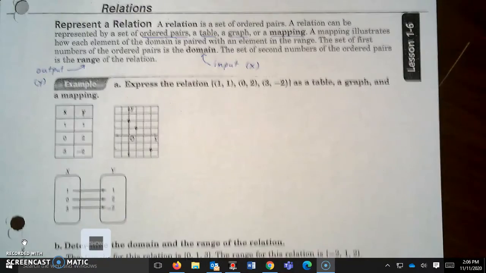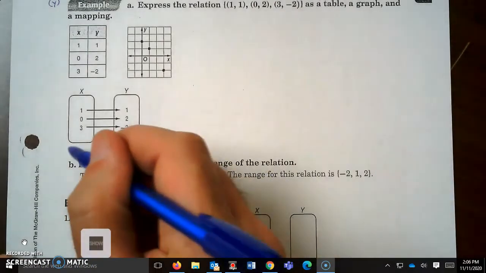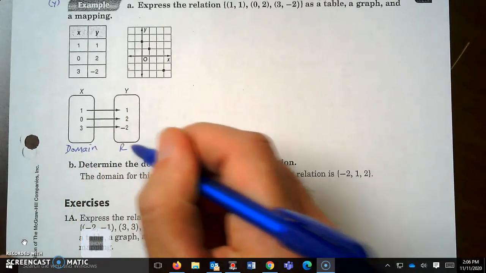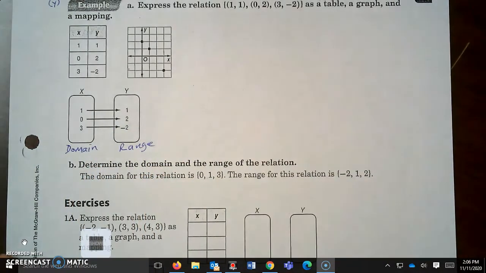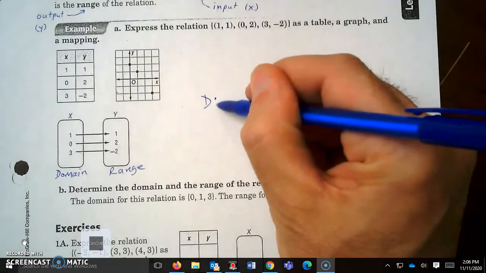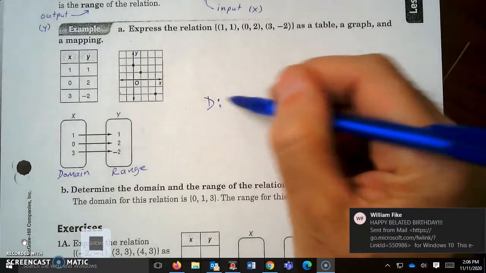So what are we going to do with this? Well, first, to finish this one, it says determine the domain and range. Well, the domain are just these input numbers. So on the assignment, underneath the mapping, you can just write domain and range. Sometimes it'll be expressed like this. It'll say a capital letter for the domain, and you would just,